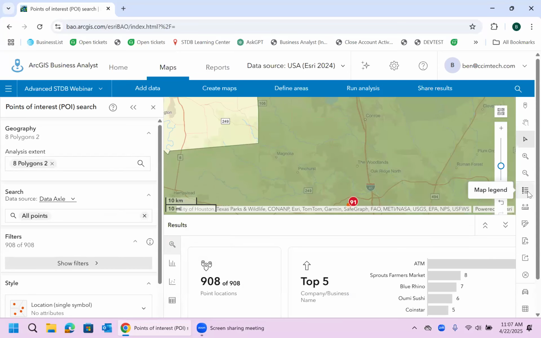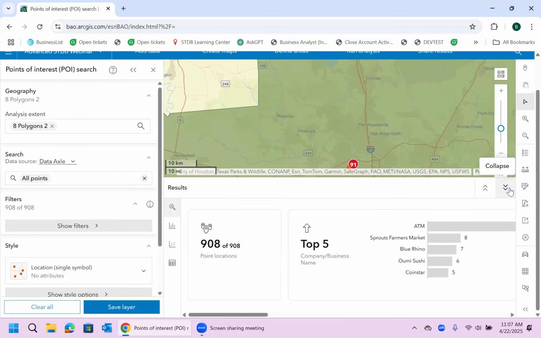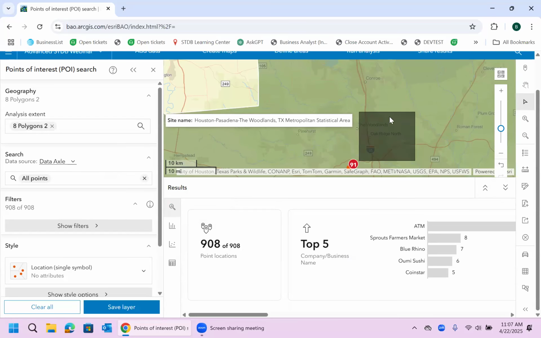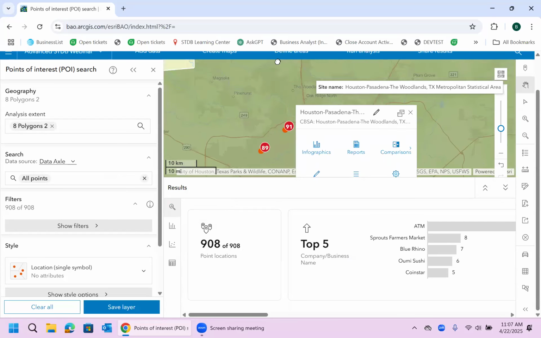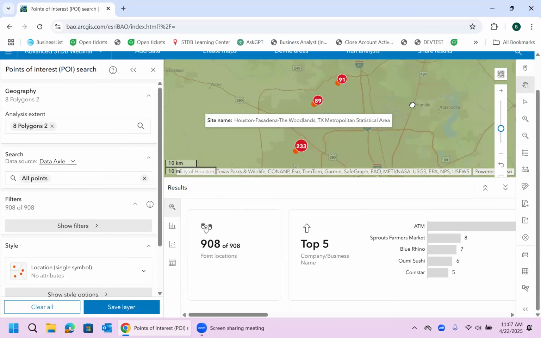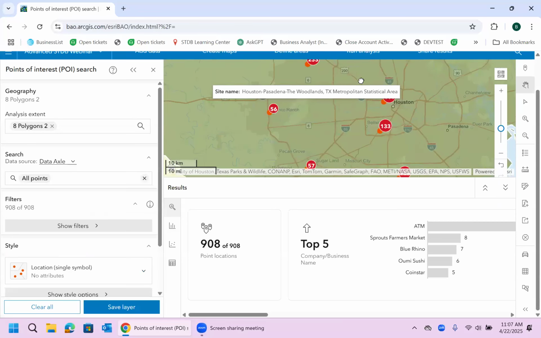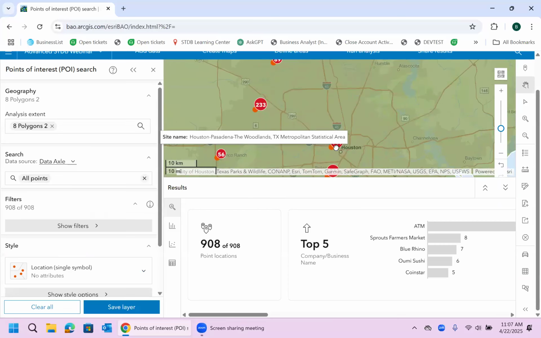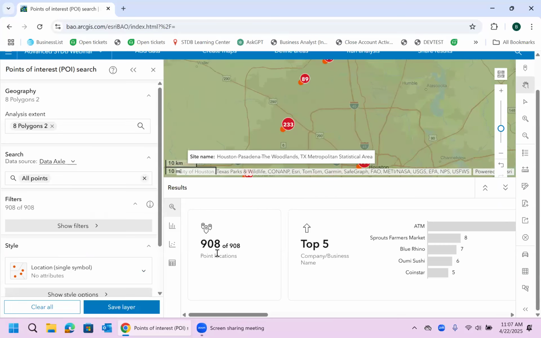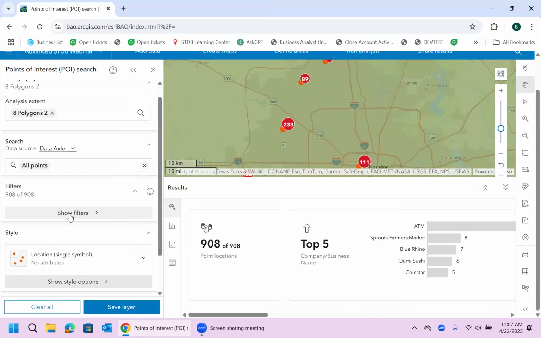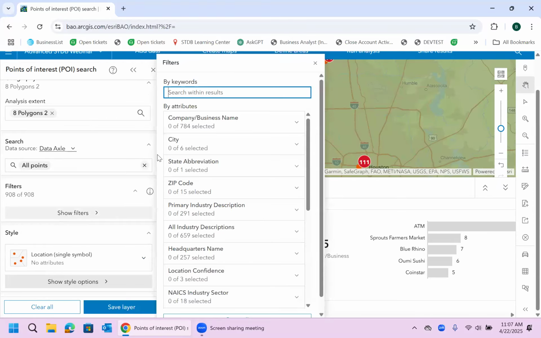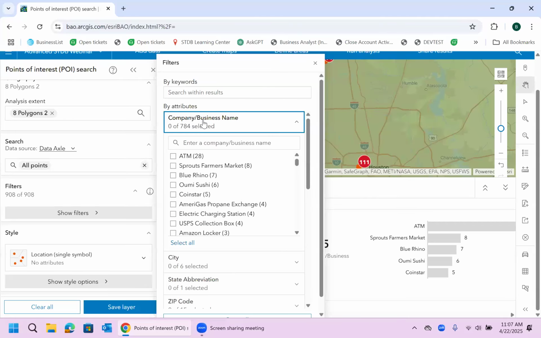And you can see here that there are 908 businesses within the 0.25 miles of all of these different locations. You can see some really tenant-rich areas from those pinpoints. Now, what I really like about this kind of workflow is if I go into show filters and go to company business name, I can see the frequency that businesses appear. So for example, if I wanted to know what kind of businesses like to be around Sprouts, I could say,